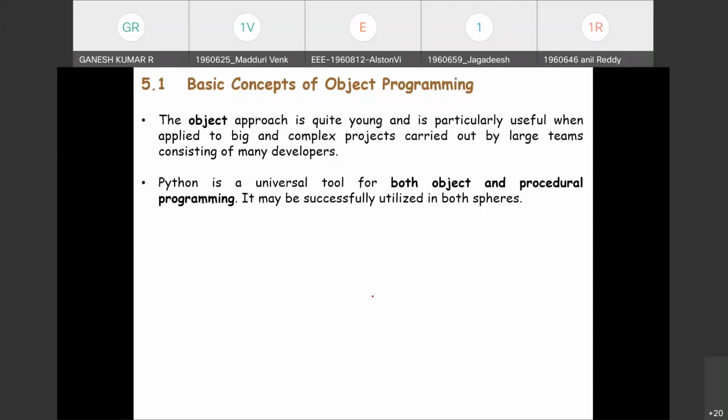Every object, we are speaking about object programming, no? Every object is an entity that is described by its characteristics. For example, if we say a student is an object, what are the characteristics of a student?